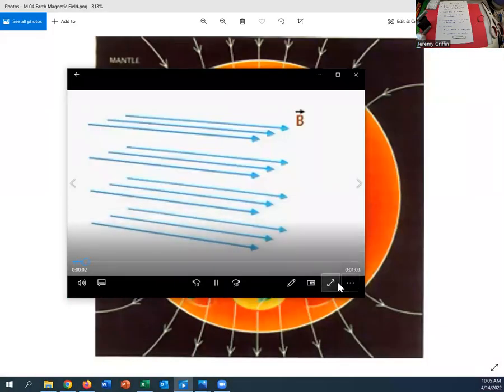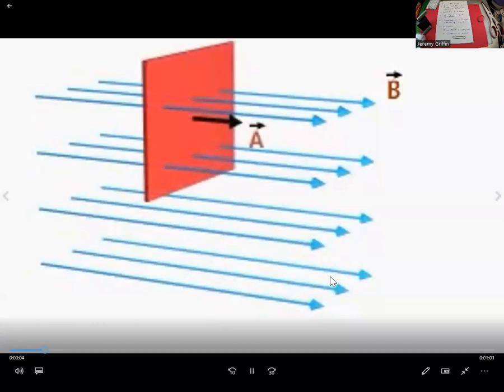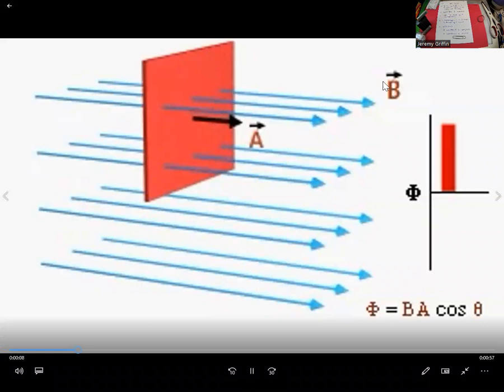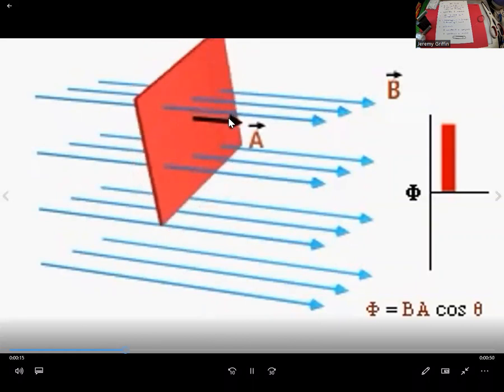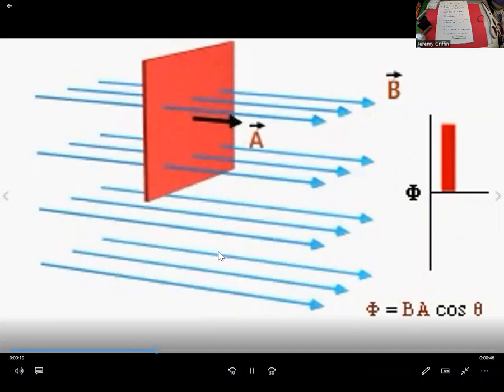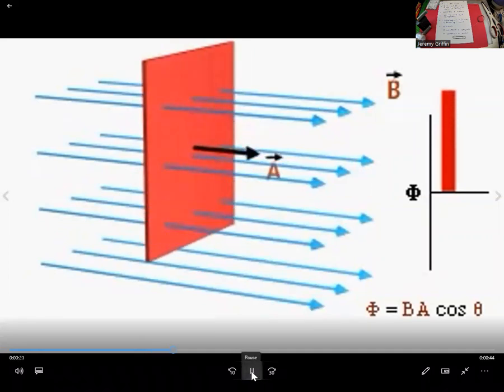All right. So that's like one version of the right-hand rule, isn't it? Let's take a look. We've got magnetic field lines here. Those blue lines are magnetic field. That's what B is, right? Magnetic field. And then A stands for area. Notice they're defining the direction of the area as perpendicular to the plane of the area. We did a similar thing for torque last semester, sort of.